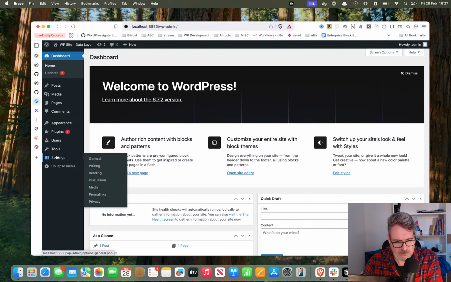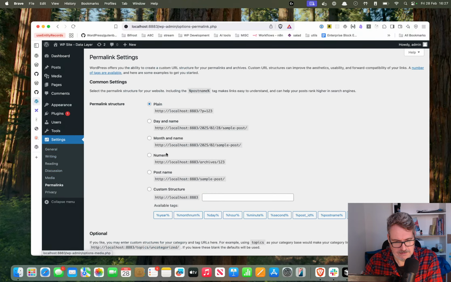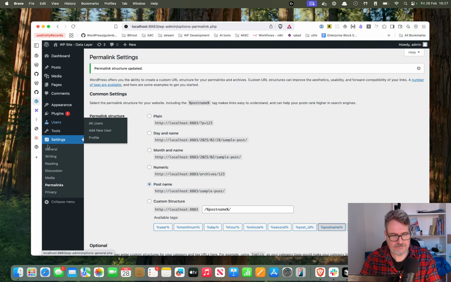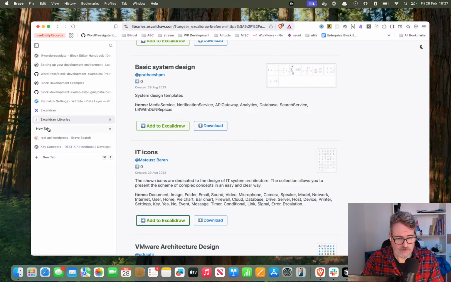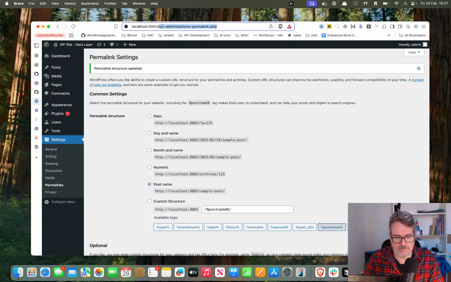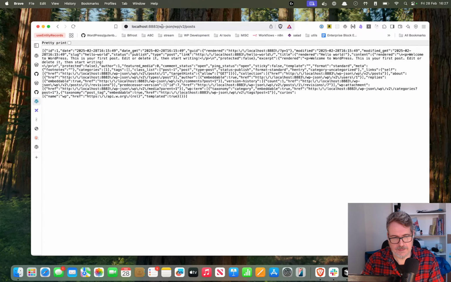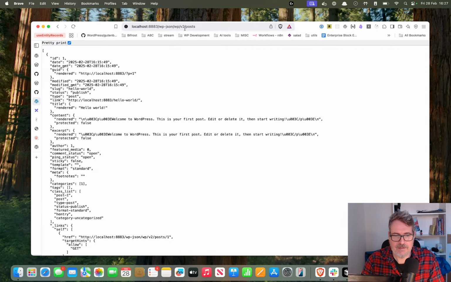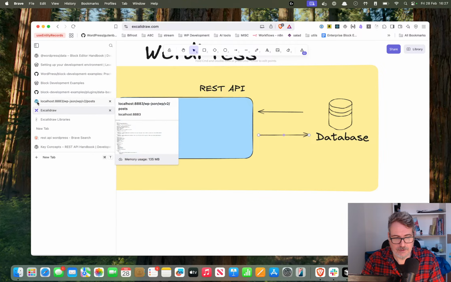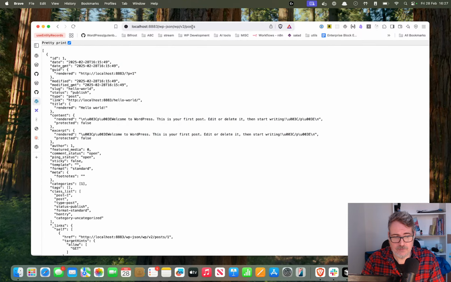So if we go to permalinks, yeah, we need something like this. And with this, if we go to our wp-json, yeah. So we were here in our diagram, we have a REST API with a lot of endpoints, and